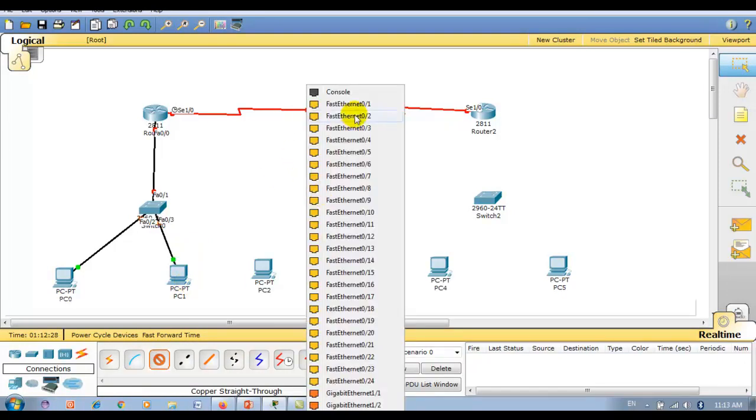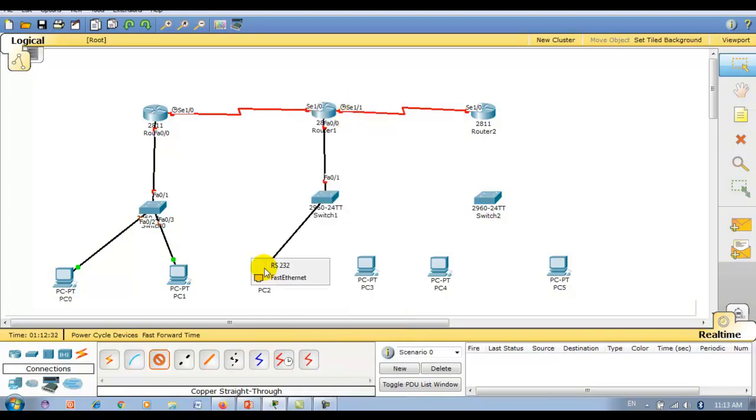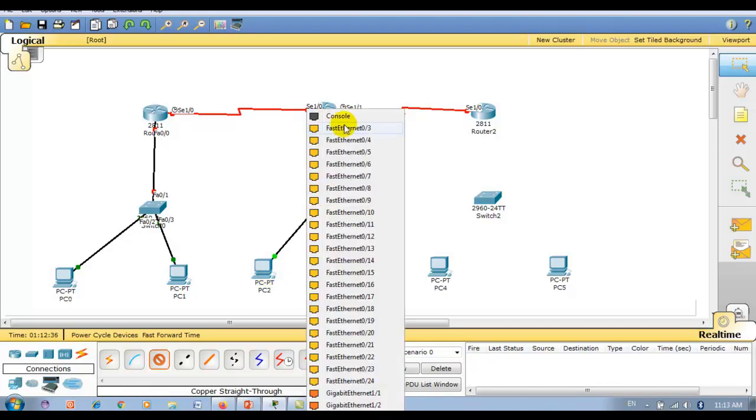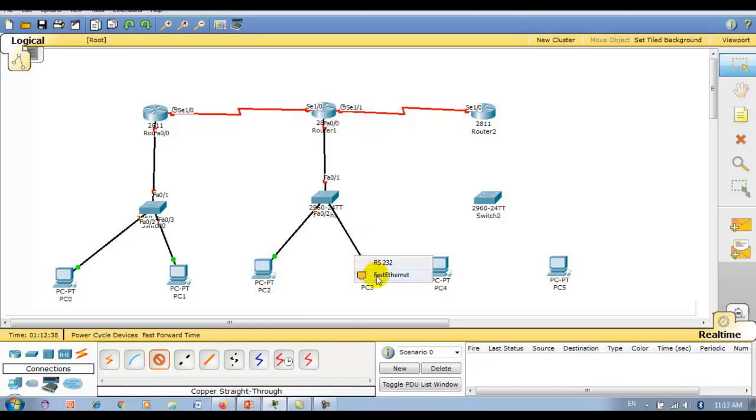Now you know how to connect this in one go, right? I have pressed the Control key, then clicked on the cable, so it is not required to select the cable again and again.